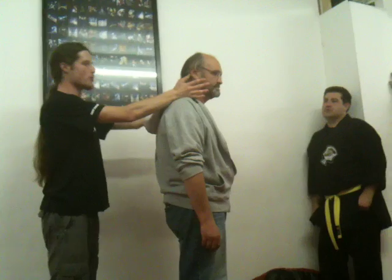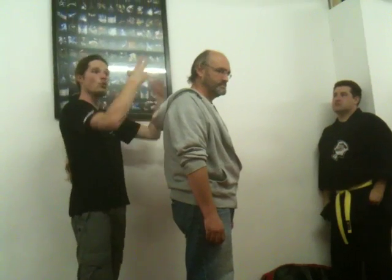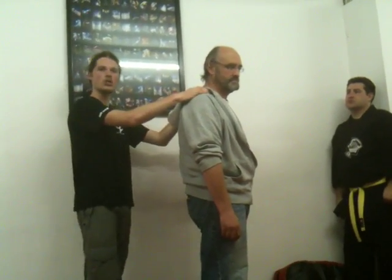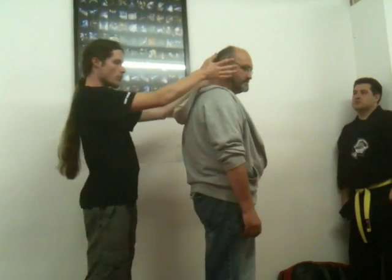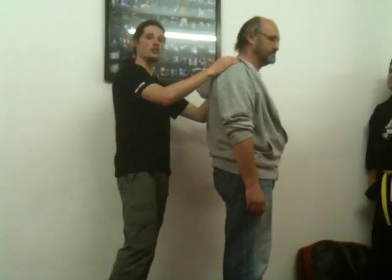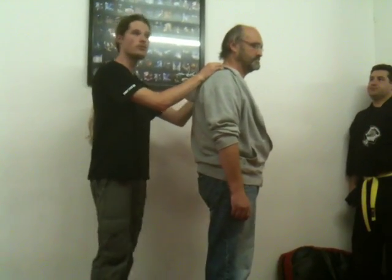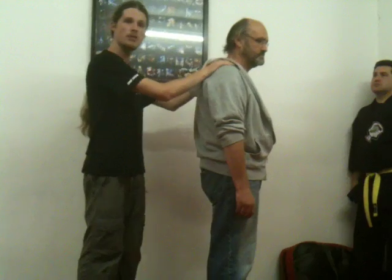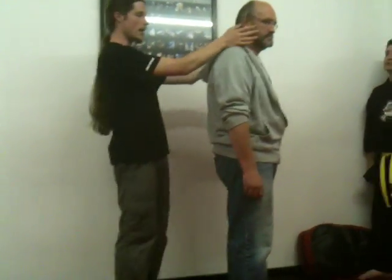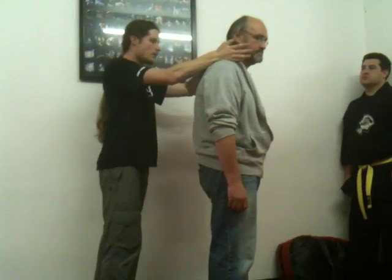But basically what you want to do with that is, whether you've done that too much and he's got too much energy in the head, or he's just already got too much energy, if you've got a headache, or it's just too much tension in the shoulders, too much energy in the upper body, what we're going to do is work upon these points, because that does the opposite of gallbladder 20. It drains the energy out of the upper body. If it's just a very mild thing, you just simply massage that point. That's the main point you're activating when you give someone a shoulder rub, to relax the shoulders down. If it's a harder case, you simply take the shoulders, find the point there